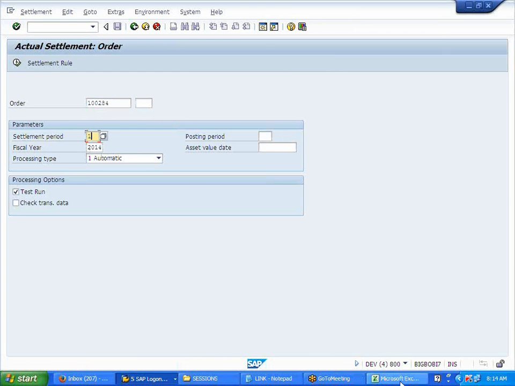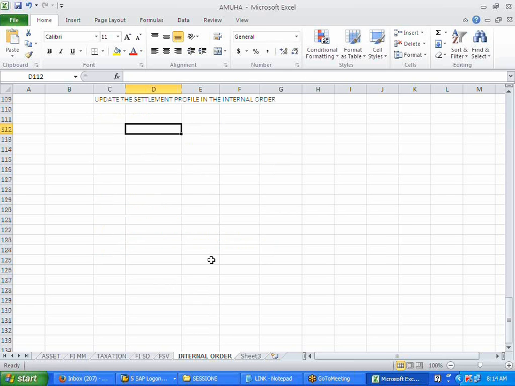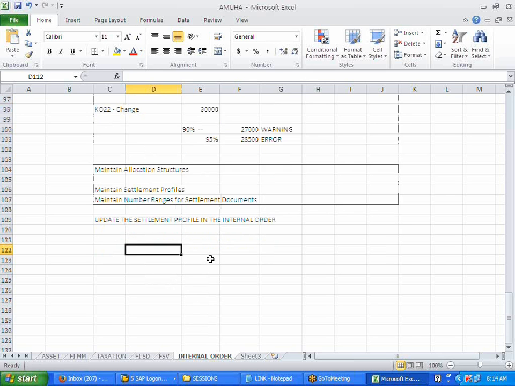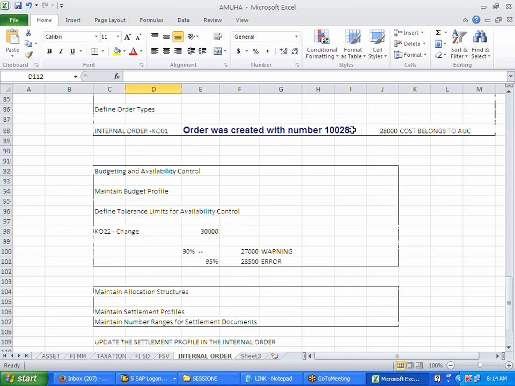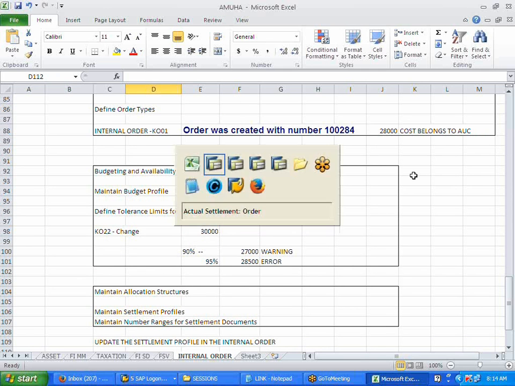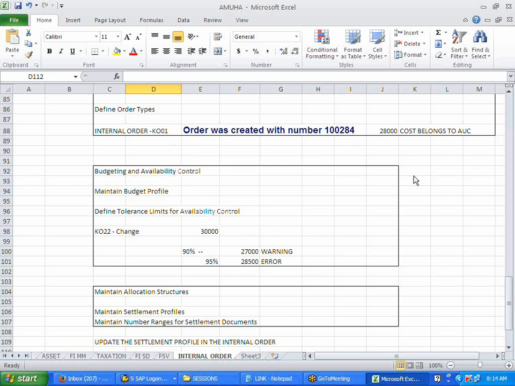So can somebody tell me what it should do? I was not there for yesterday's class, so... Yeah, Farhan, this 28,000 should transfer from the order to AUC, the AUC asset. I'll execute.